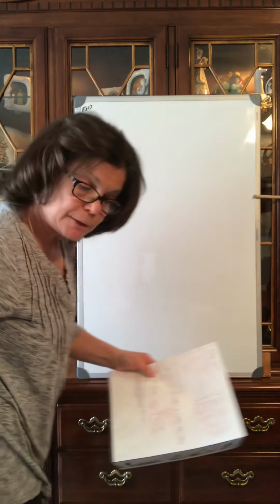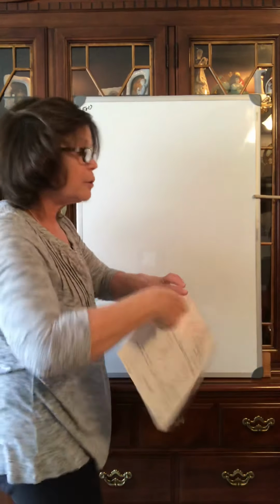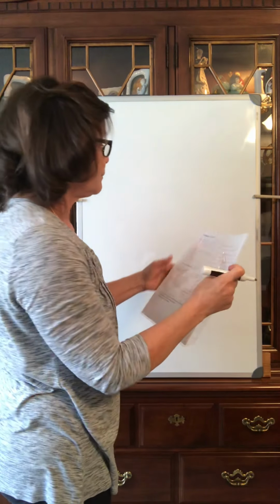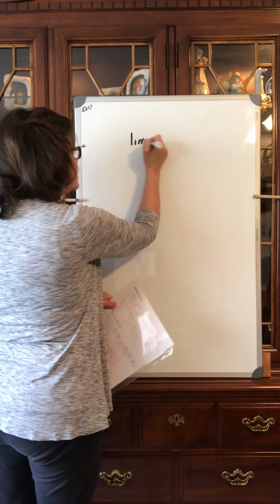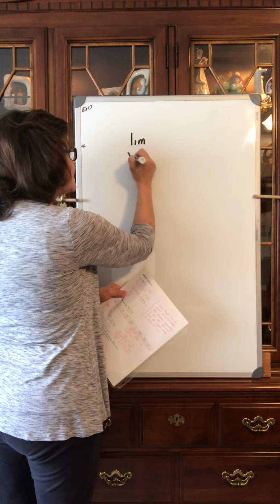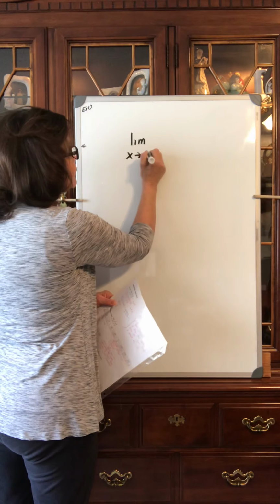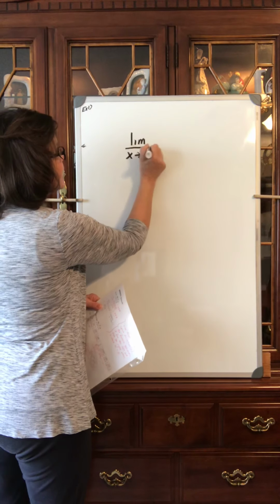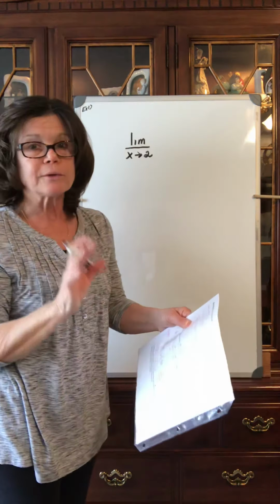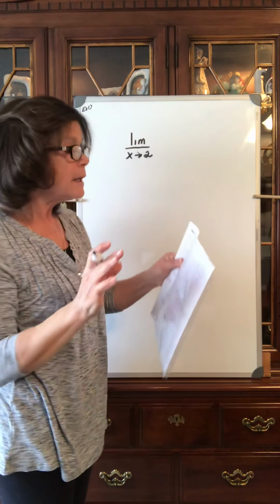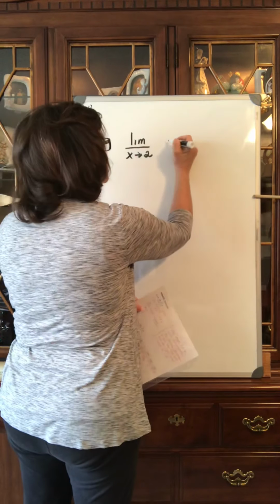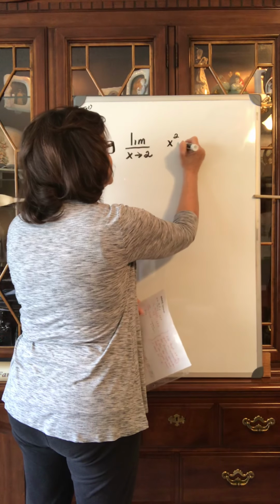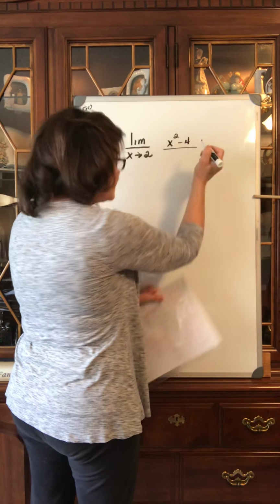So for example number 5, we're evaluating the limit as x approaches positive 2. Now remember what I said, sometimes there's going to be a line in here and it'll look more like a fraction. Whether the line is there or not there, it's still a limit. So what is the limit as x is approaching positive 2 of the function x squared minus 4 divided by